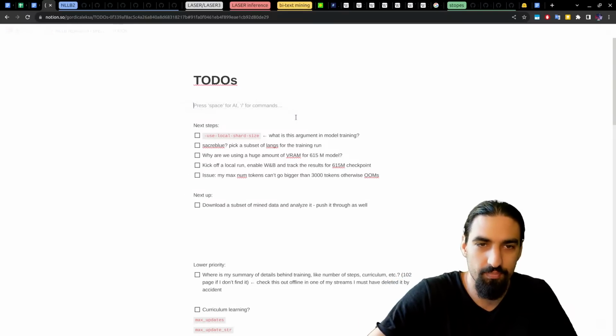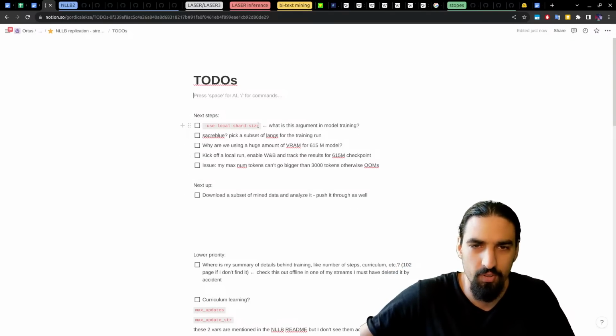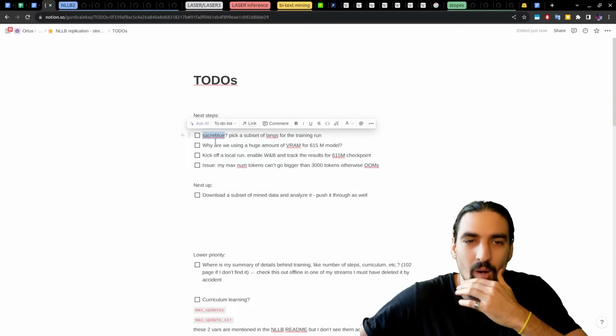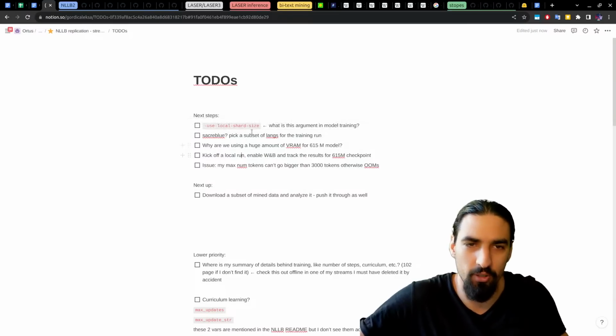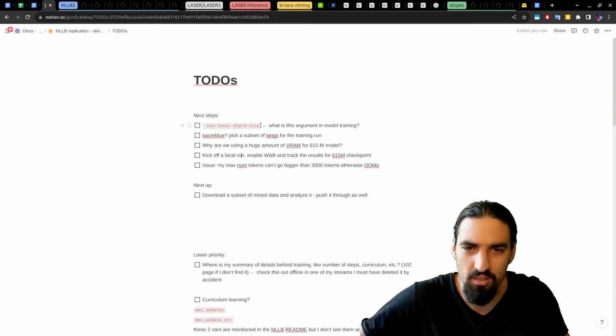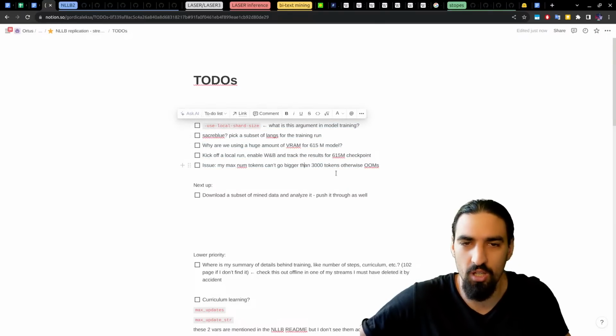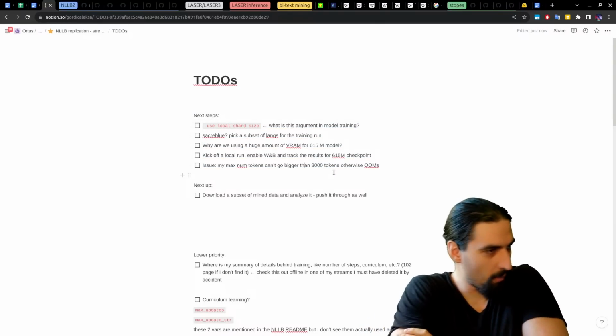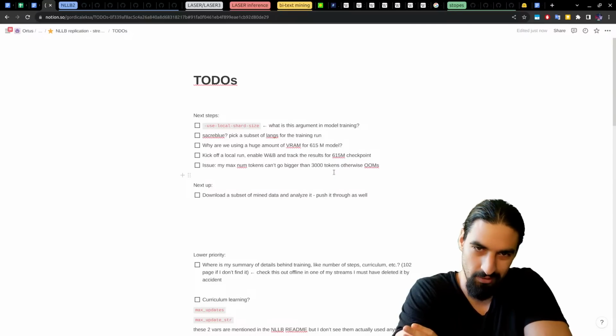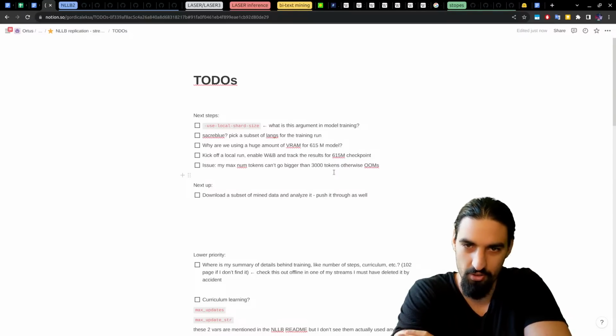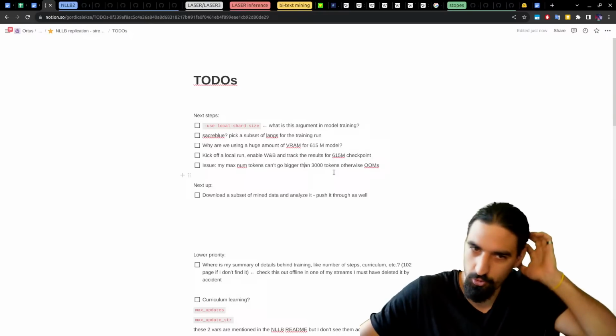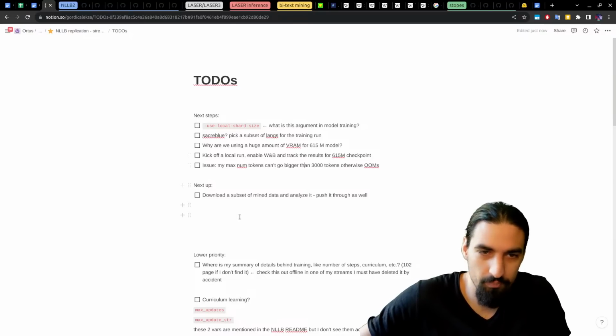Let me remove this and let's go to the training. So let's first understand this argument and then let's start kicking off the training. See how we can integrate Sacred Blue as part of the training, if it's already supported or not. Those are some details I care about. And then the goal will be to kick off a training run. I'm not sure if I'm going to stream with the training running in parallel because it takes a lot of bandwidth for streaming, so it might be a bit laggier on your side, but we have to do it somehow.